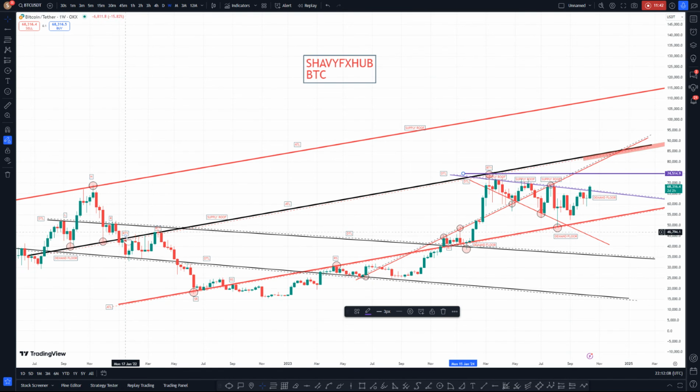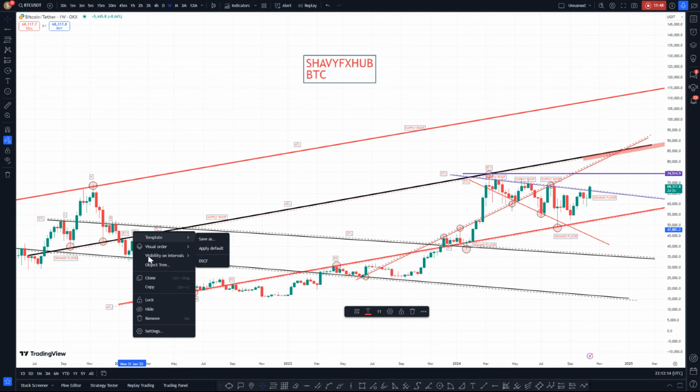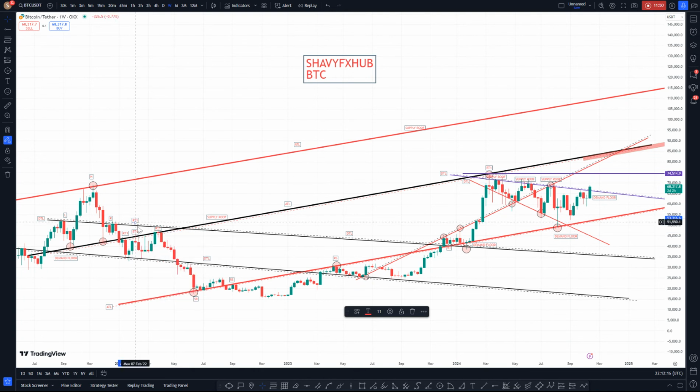So since we have this structure, price has come here, retest one, retest two, three retests. In fact, we have four retests on this level. So all the retests we see, we are going to pinpoint all of them based on what the price is doing. Retest one, retest two, retest three, retest four before final smashing down of price. So to complete this roof, price has to return into